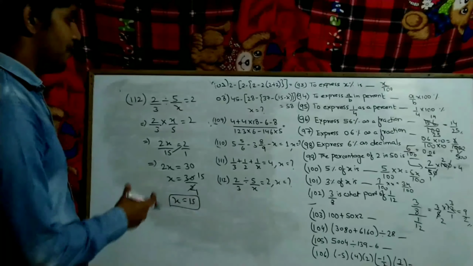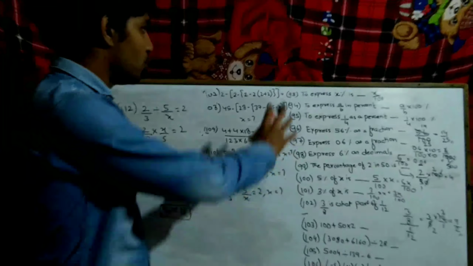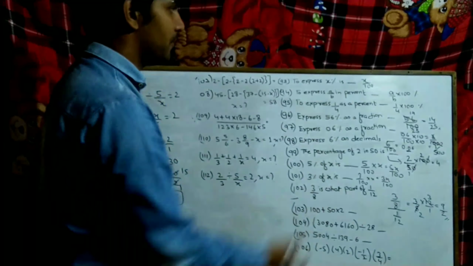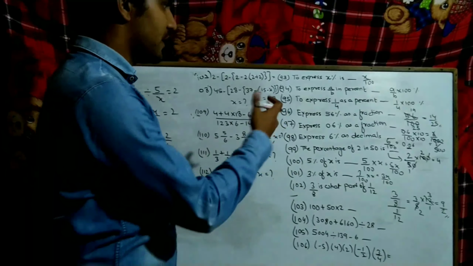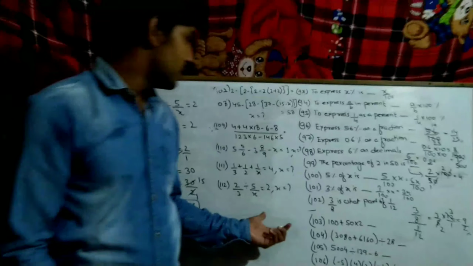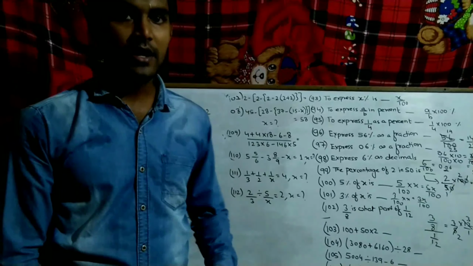Okay, I hope you are clear on how to do this. There are two topics. First one is conversion of percentage into fractions and decimals. Okay, and second one is the BODMAS rule. So keep practicing and solve. Okay, clear everyone? Thank you.